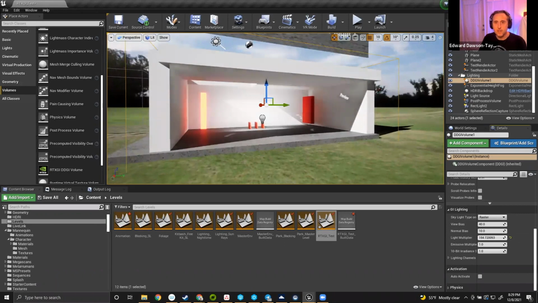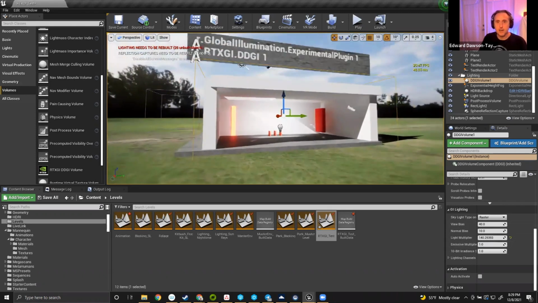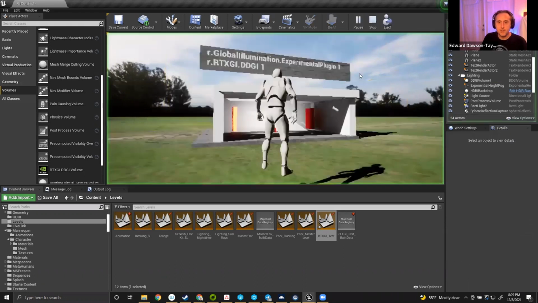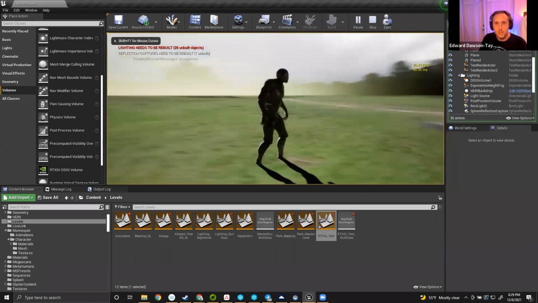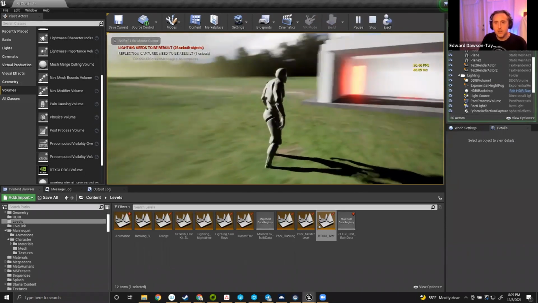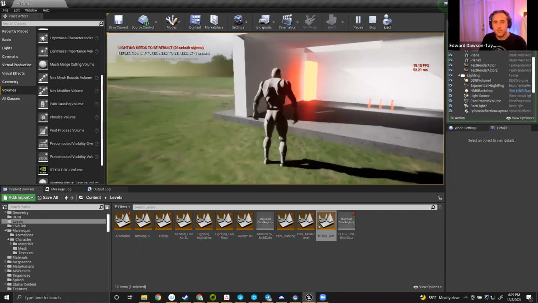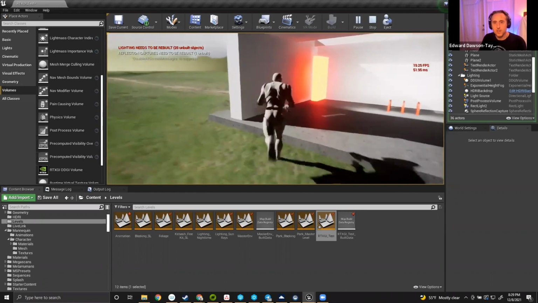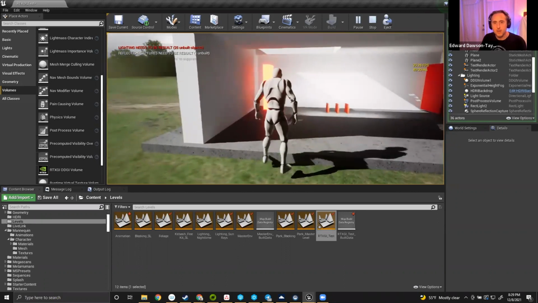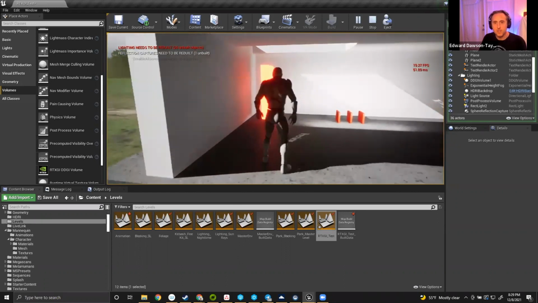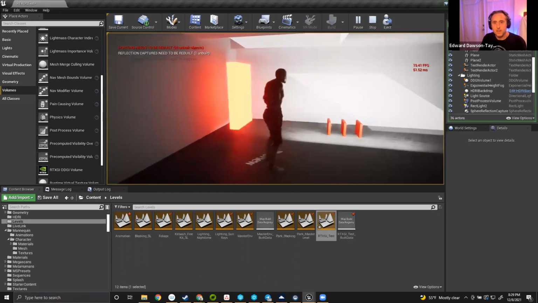So yeah, that's the light contribution, and then there's an emissive contribution, which I think does the emissive property. Anyway, very cool. If I just drop into play mode here, you can see on the side of this character, it's pretty dark because this is all just being lit by the outside light. If I go beyond the threshold of this little box, I just step just inside that box, you'll see him start to get